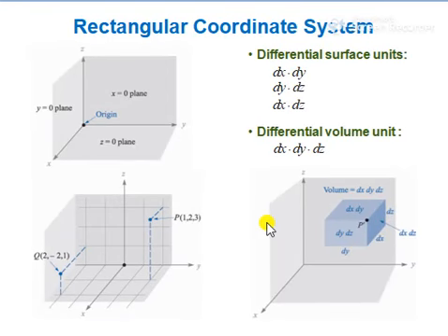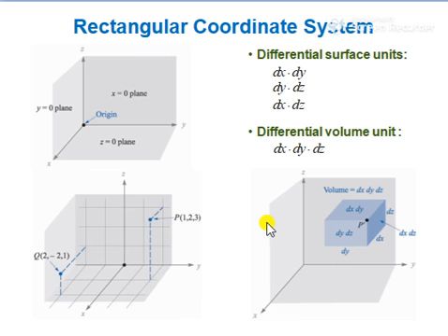Hello students, today we will discuss the coordinate system. To describe a vector accurately and to express a vector in terms of its components, it is necessary to have some reference directions. Such directions are represented in terms of various coordinate systems. Various coordinate systems are available in mathematics, out of which three are used in engineering electromagnetics.